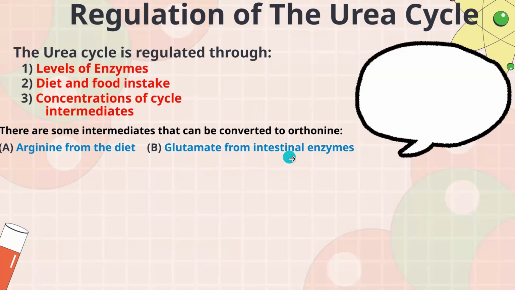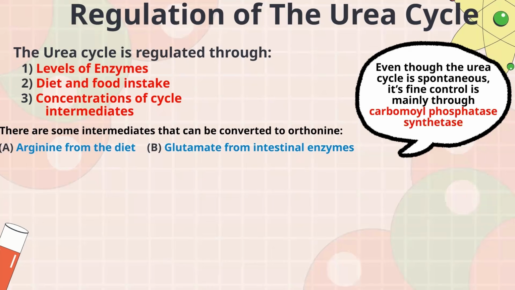That's about it. So another important thing I want you guys to focus on, even though the cycle is spontaneous, right, and it keeps going because we're synced to the citric acid cycle, it has a fine control, and it's mainly controlled by something important, carbamoyl phosphate synthetase. Just know that the main control is through carbamoyl phosphate synthetase, because technically it is the first step, the rate limiting step. And because of that, if we don't have carbamoyl phosphate, it cannot combine with ornithine to form citrulline. So think of it that way. It is the most important step.